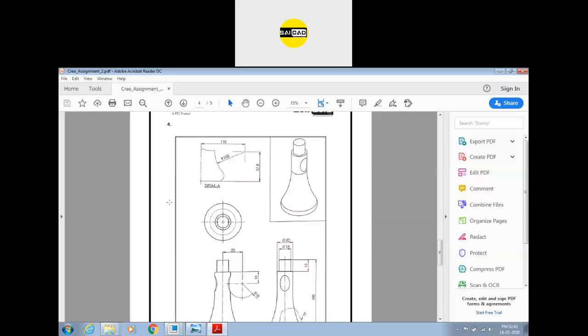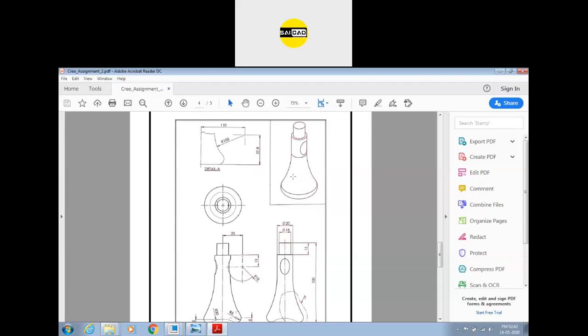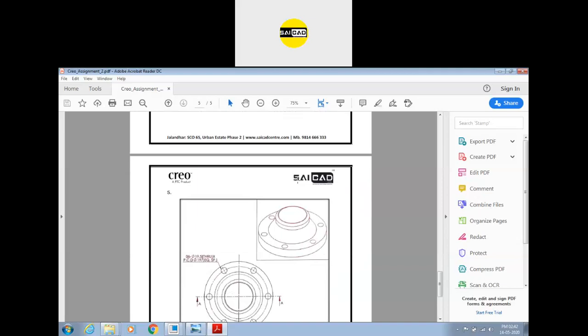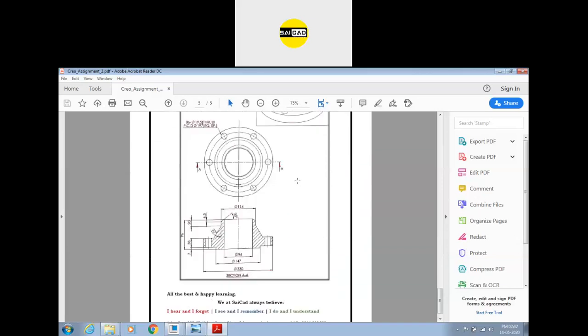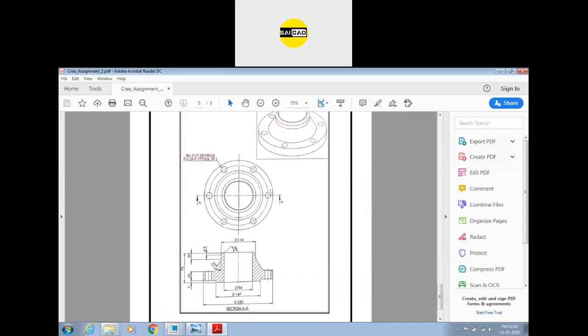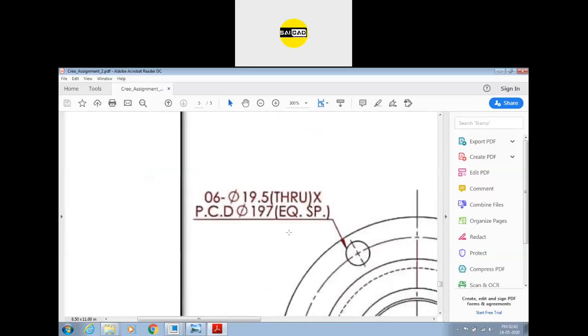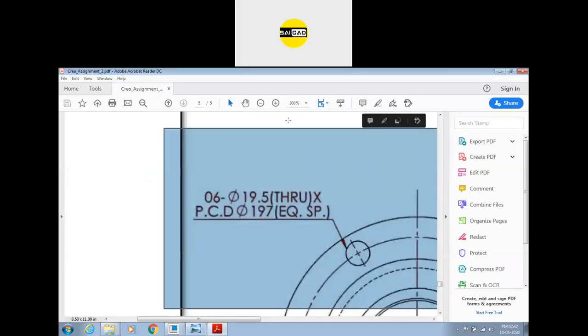We have this shape that is a circular shape. So for the circular, we have the revolve option. If you face any problem, you can also ask in the group or you can call me. So these are the features. There is a callout, some dimensions and some detailing are given here. Can you explain what is written in this box? How can you read that?